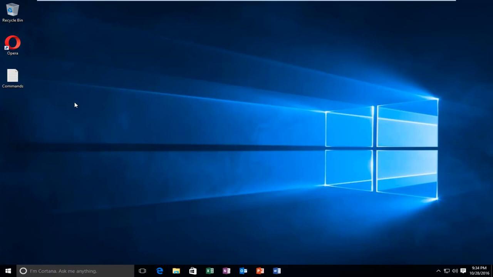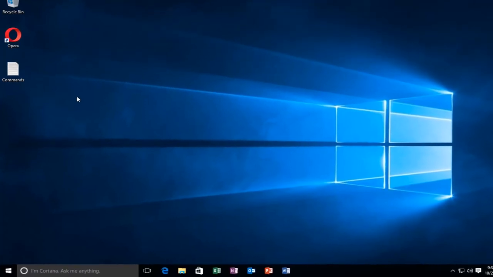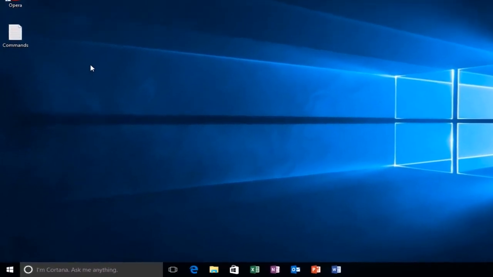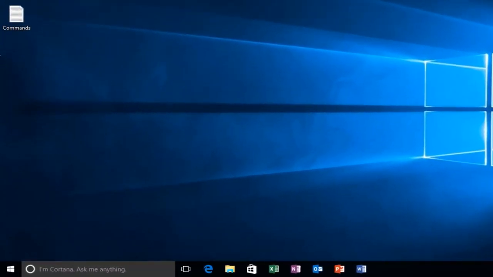Today I'm going to be showing you how to hopefully resolve issues where your Windows search menu or search box is not working properly. So I'm going to do a quick fix that should hopefully resolve most of your guys' issues. So we're going to start by actually right clicking on the start button,